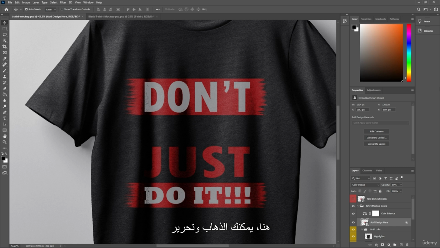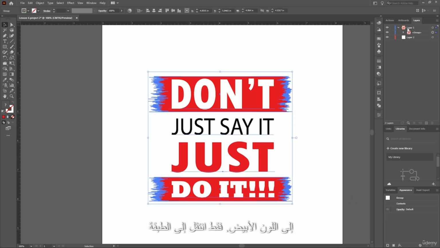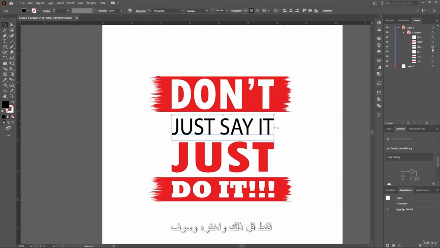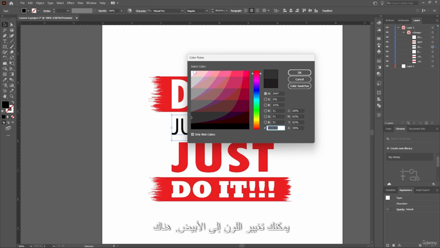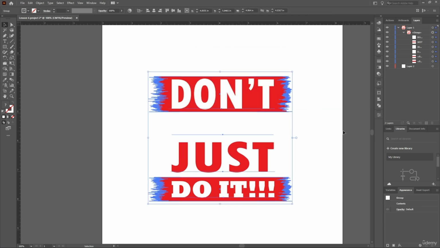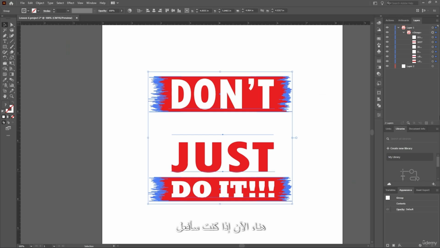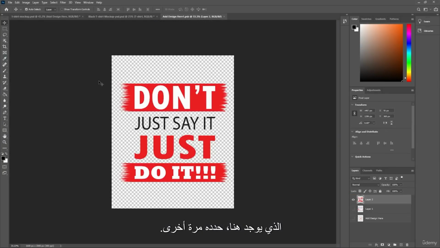Now, as it's a black t-shirt over here, you can go and edit the drop shadow into white. Just go to layer and then go over here to drop shadow and select that, and you can change the color to white. There you go. Now if I were to copy everything, and if I were to go to Photoshop over here,